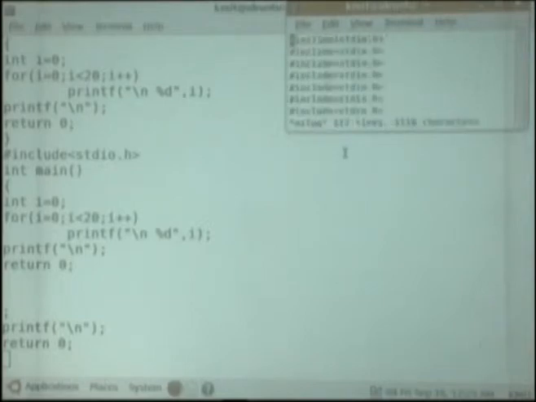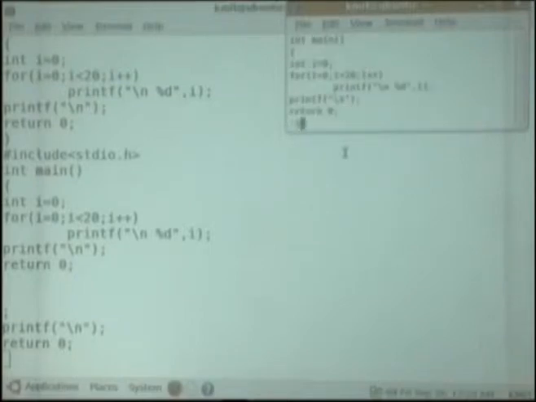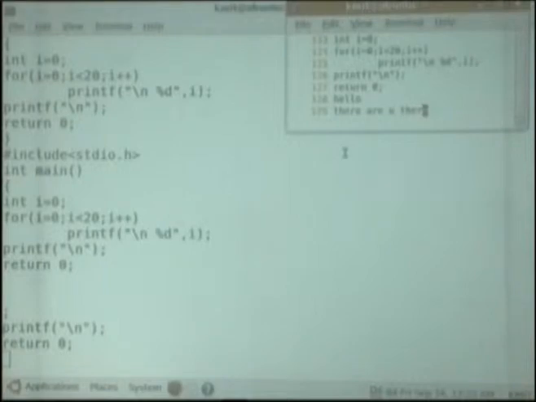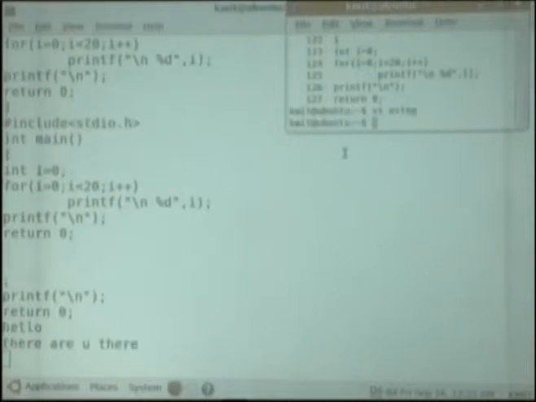So vi exlog, and I'll go to line number 127. Then I'll go on appending this. Hello there. Are you there? So here it has been reflected. Hello there. Are you there? So like this, if a file goes on growing, we can just monitor the changes and go ahead. This is how the command is used by administrators very often, and this is a very nice command.